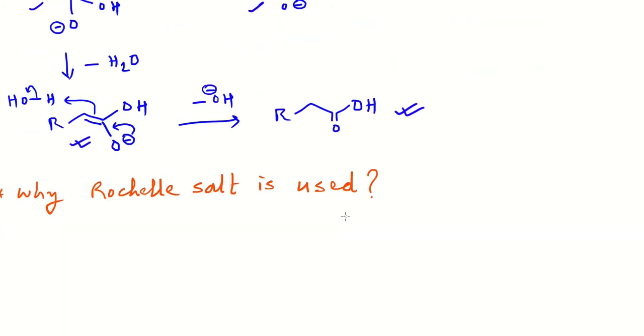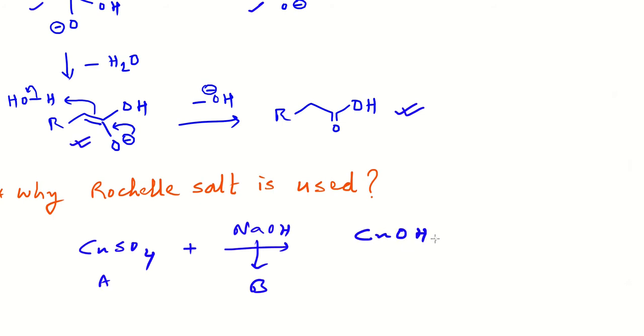So why is Rochelle salt used? We can simply use the copper sulfate solution for this test. So why is Rochelle salt used? Rochelle salt is used because, in the absence of Rochelle salt, if copper sulfate is treated with sodium hydroxide, which is present in the Fehling B solution, then we obtain this copper hydroxide